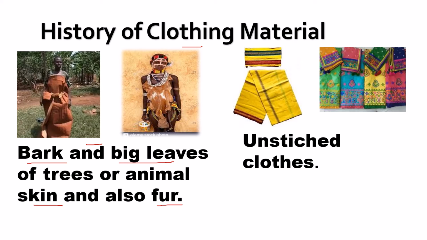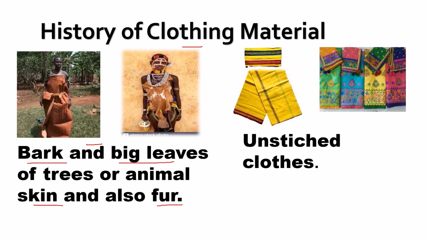In the early days, Indians wore fabrics made out of cotton. शुरू में Indians कॉटन्स के कपड़े पहनते थे and they were grown in the regions near the river Ganga. In those days also stitching was not known. लोग सिलाई करना नहीं जानते थे. So people simply draped the fabrics around different parts of their body.